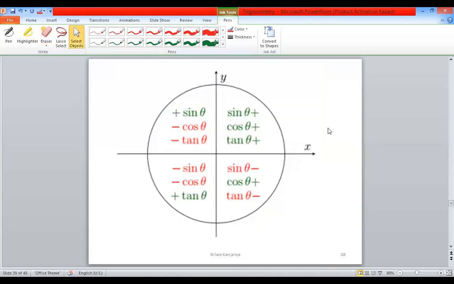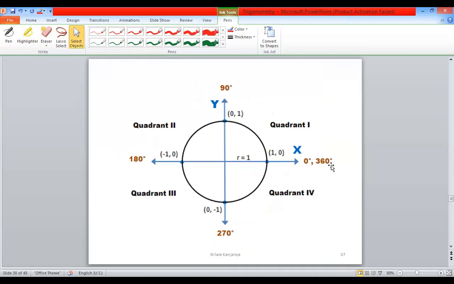Suppose this is your circle and this is your x-axis and this is your y-axis. If your angle is on an axis, x-axis means x positive or x negative, y positive or y negative. X-axis angles are 0, 360 and 180. If someone asks you, the angles on the x-axis are 0, 360 and 180, and angles on the y-axis are 90, 270 and so on, more on, when we again move on this circle and take the second revolution.